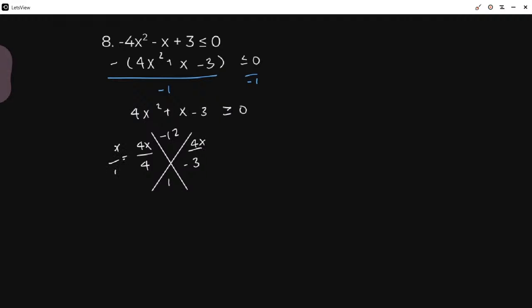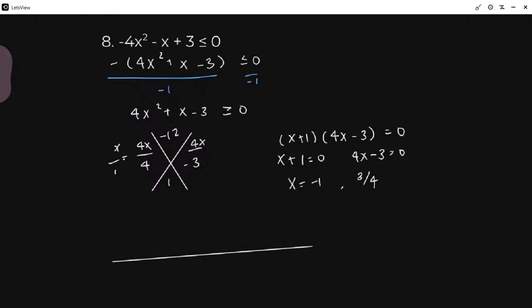So this simplifies to x over 1. So that becomes x plus 1 times 4x minus 3 equals 0. So we're going to set each one equal to 0. So we'll get -1 and 3 over 4. Okay, on the number line, here's -1, and here's 3 over 4. So if we plug in 0, we would get 3 is less than or equal to 0, which does not work. If we plug in -2,